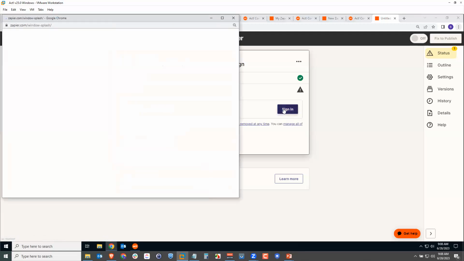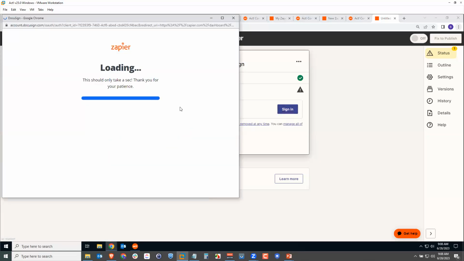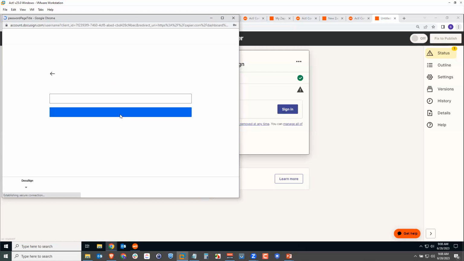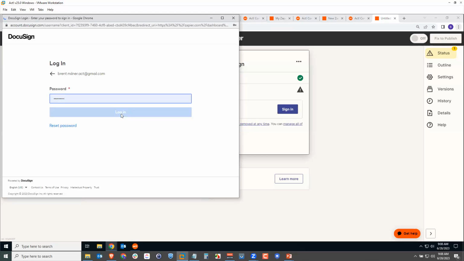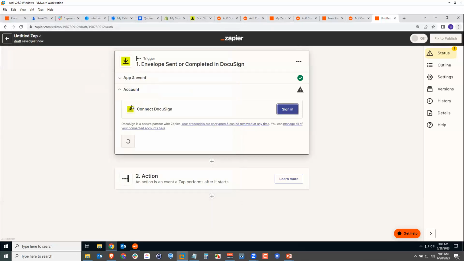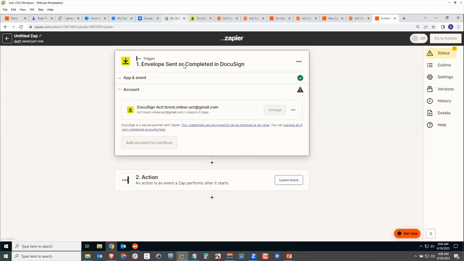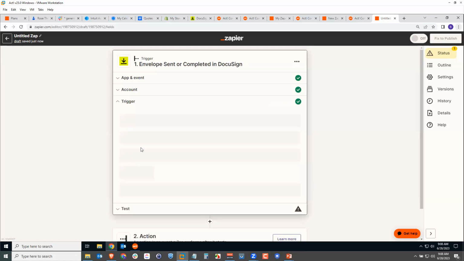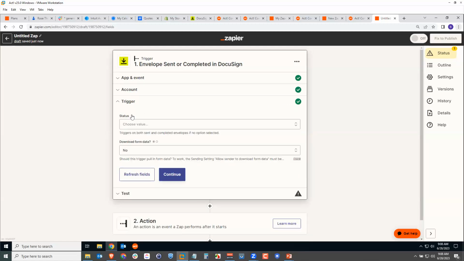Now I have to sign into DocuSign, which I'm already connected to, but I guess I have to sign in again. It may have logged me out because it's been a while. So I will log into DocuSign again here. They had a little bit of a connection issue earlier today, but it looks like it's working now. So that's good. So now when I click continue, we have this new trigger step where we have to choose